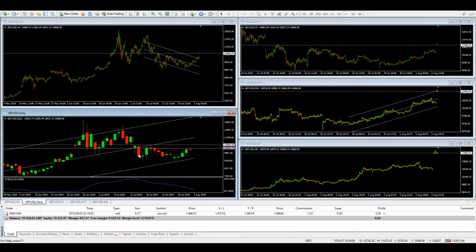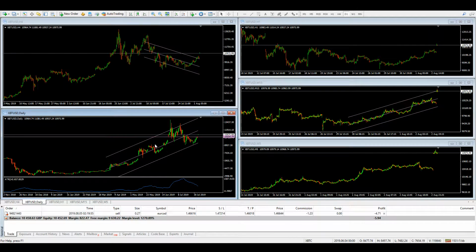I did mention on the Friday what I was looking at on this was for the price to break through these areas here, this resistance, which was quite strong on a daily. And you can see from the open just a few hours ago, it has gapped up. It's gapped over that, which is a good sign in terms of the bullishness. But the problem is it's a bit too overbought at the moment to consider going long on this.